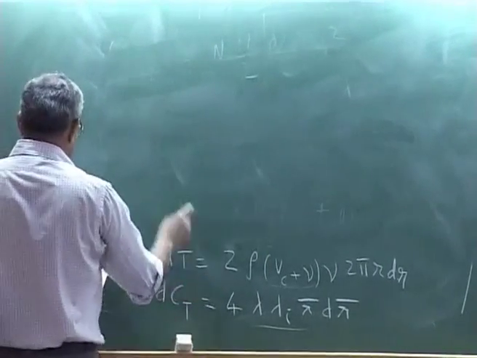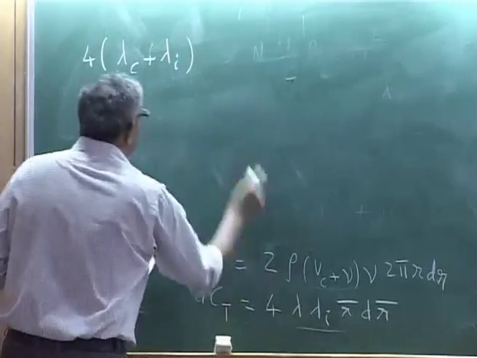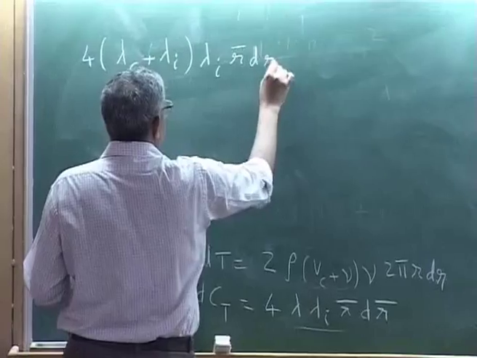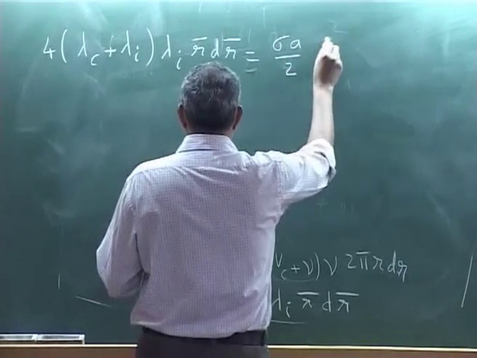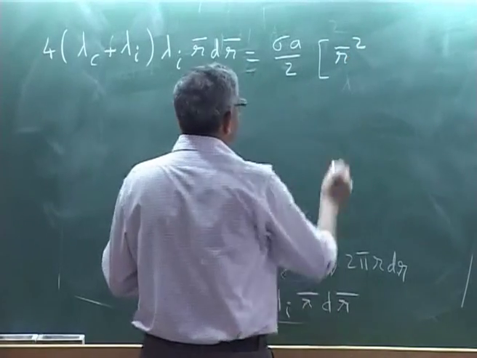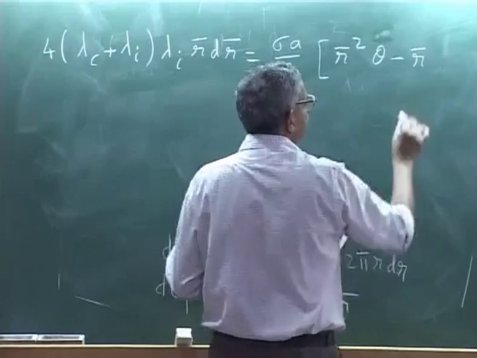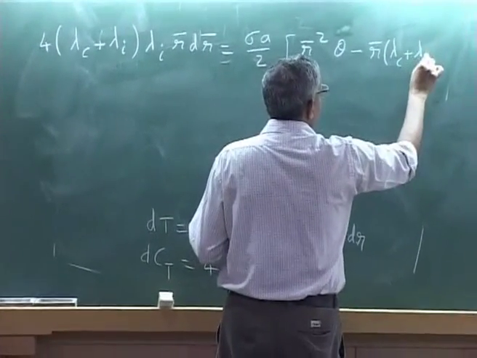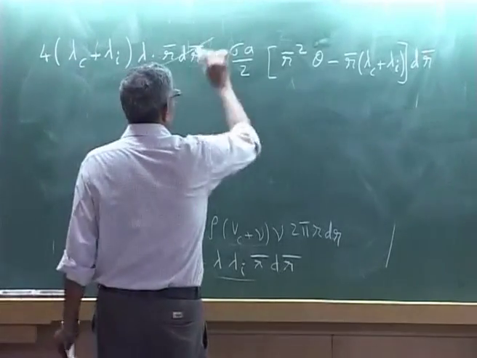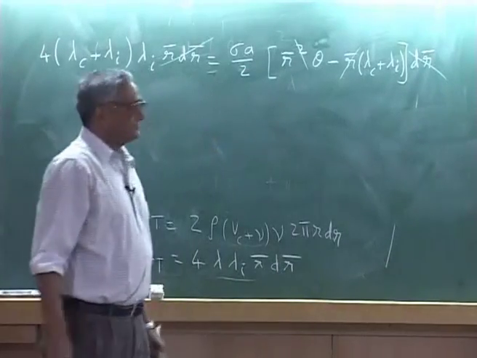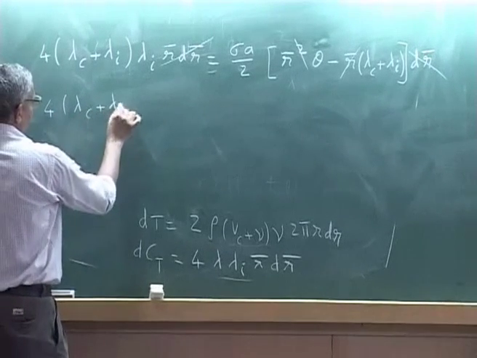So, you will have 4, this lambda I am using it as lambda climb plus lambda I, r bar dr bar, this is equal to, you have your sigma A over 2 r bar square theta minus r bar, lambda c plus lambda I, d r bar. Okay, cancel out. Okay. Then you will be left with this simple equation, which is 4 lambda c plus lambda I into lambda